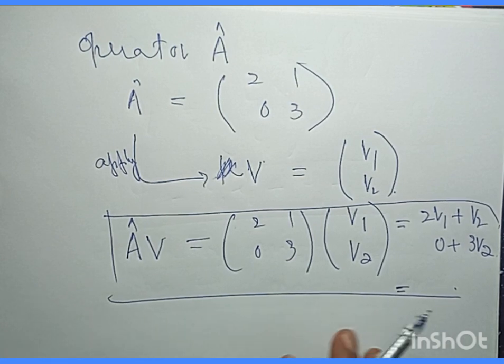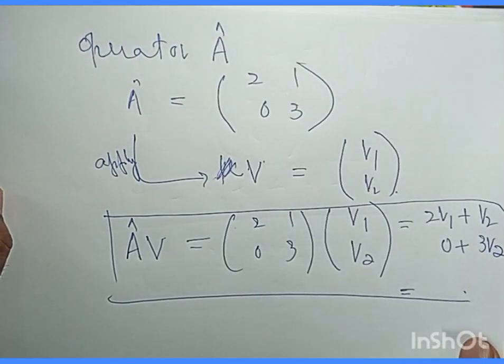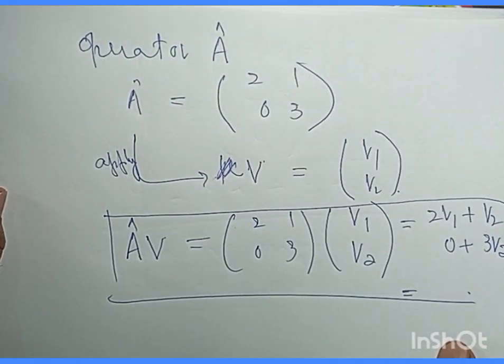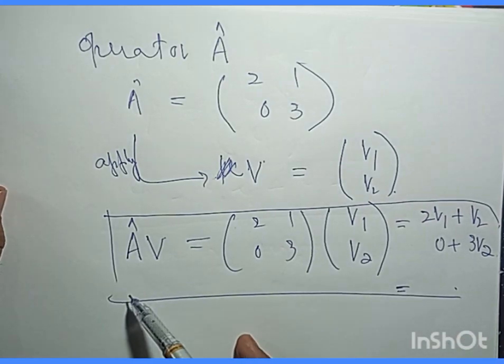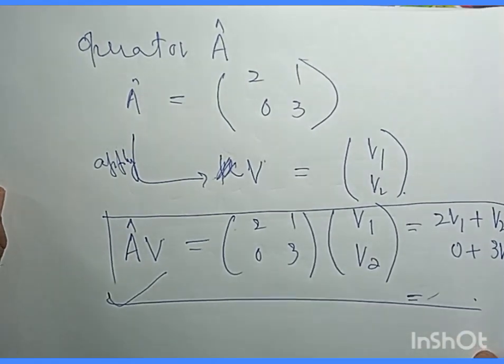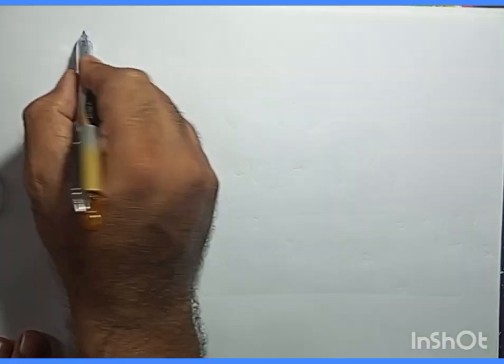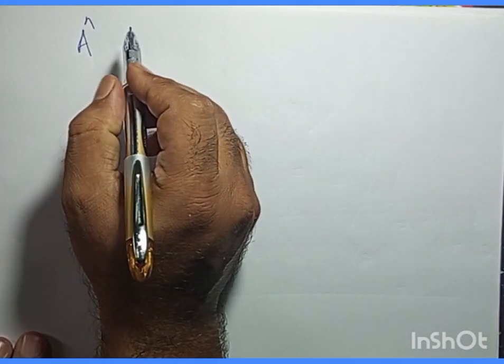Now, how it automatically leads to what we call eigenvalues. The eigenstates automatically reach out to the calculation of eigenvalues. Now, we have an operator A, and this operator A